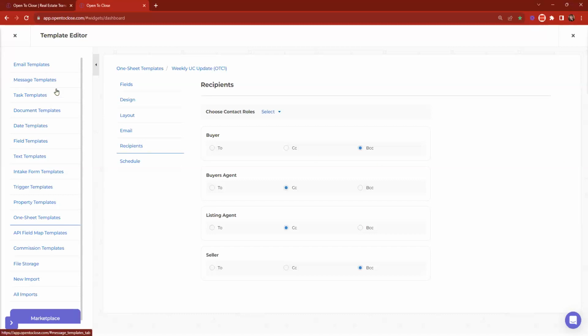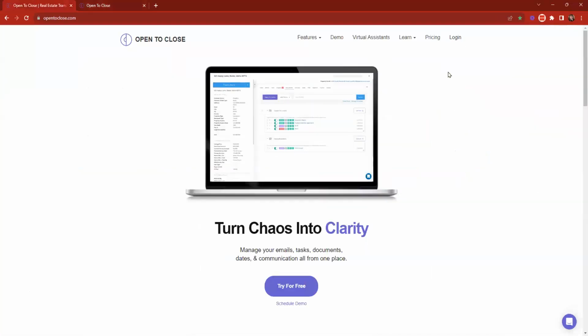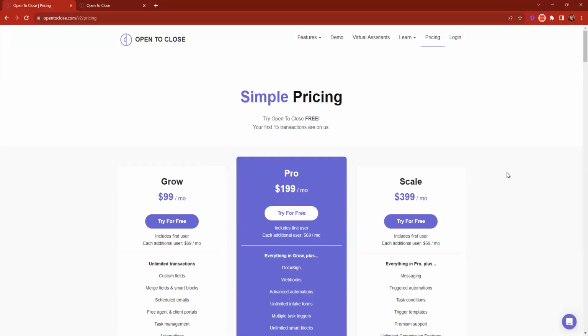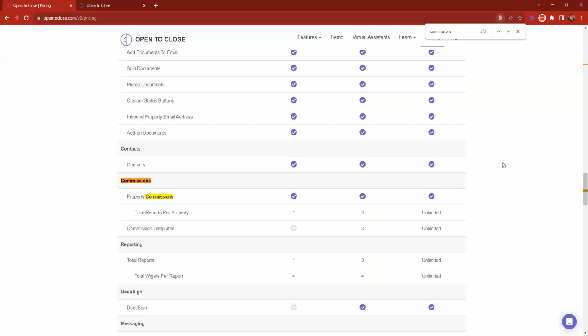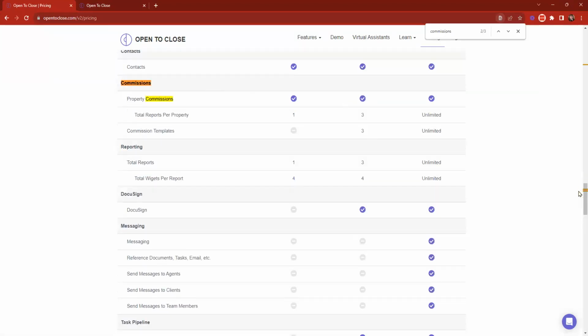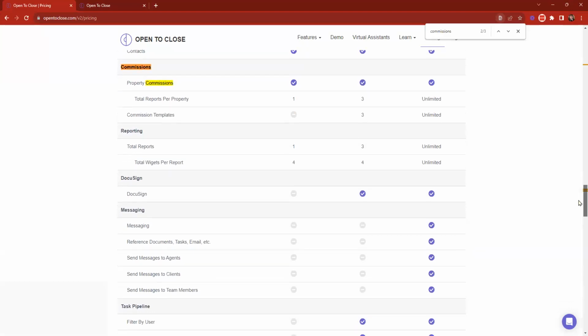Awesome. Then we have another question about commissions. Yeah, absolutely. So commissions. First things first, I'm going to head over to our pricing plan here. So I just went to open to close and clicked on pricing. We're going to head down to our commissions. Here we are. I like to go to this because it helps me reference very clearly what we have for